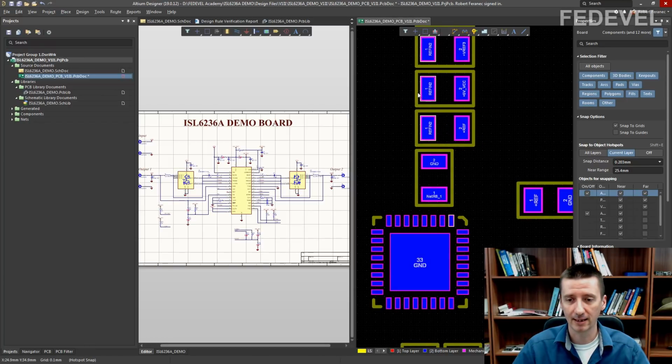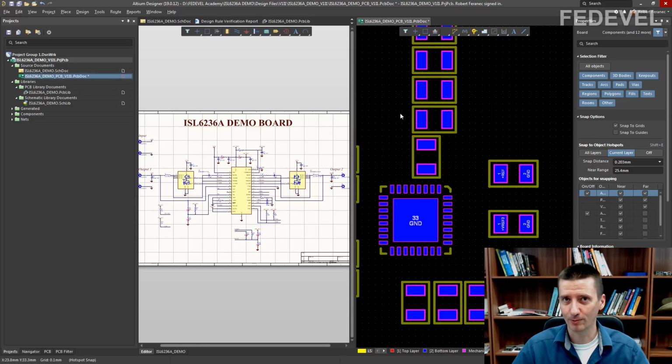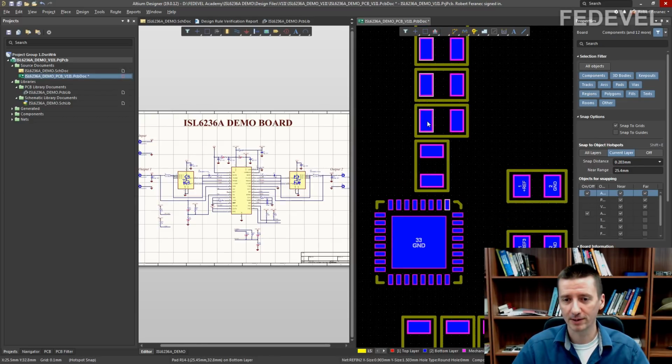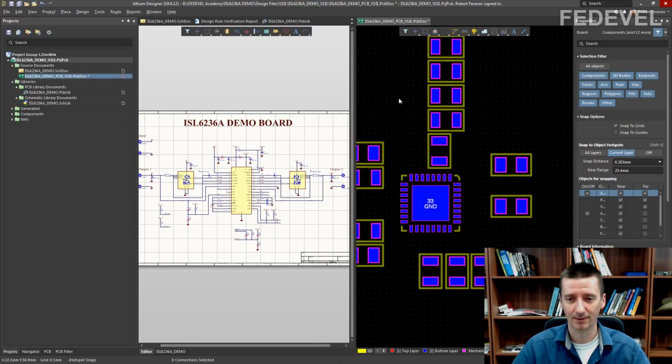See, it's working again. And now watch what we changed. When I hover cursor over this path, we can simply route a track this way. And when I hover cursor here, we can simply route a track this way. So they are not crossing. We can very nicely do the layout on one layer. Perfect. That's exactly what we would like to have.